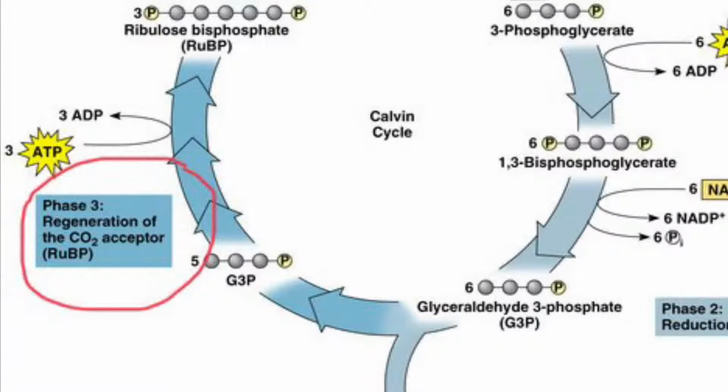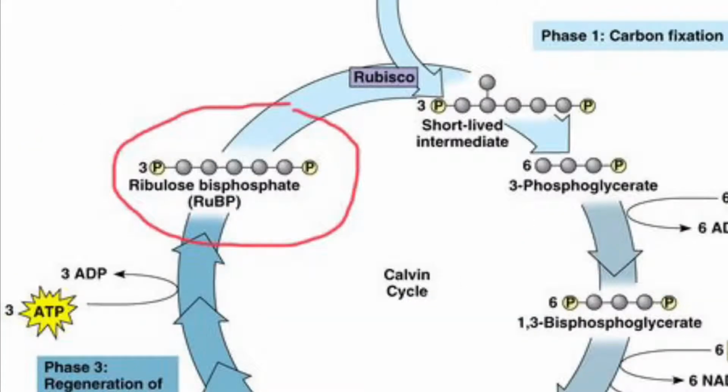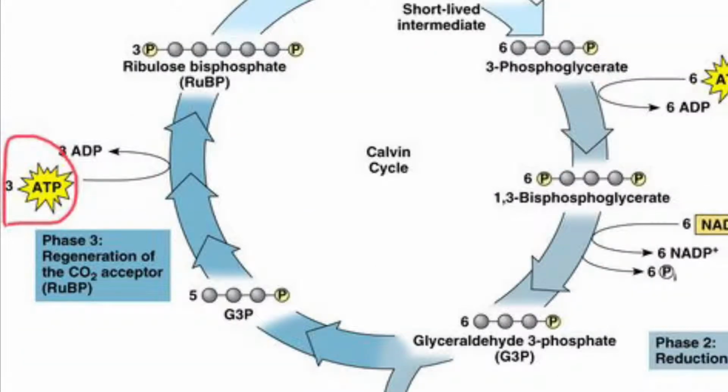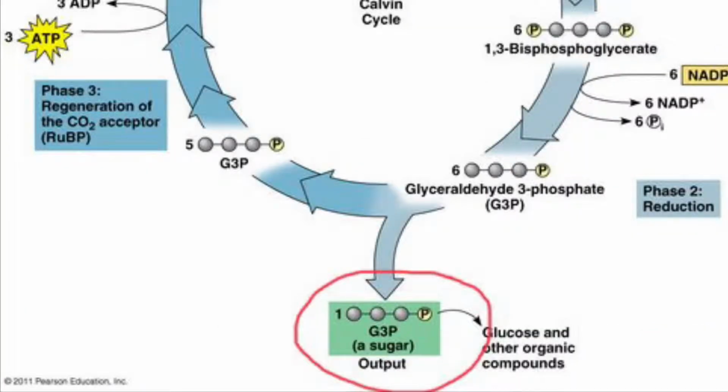The third and last phase is the regeneration of the CO2 acceptor. The carbon skeletons of 5 molecules of G3P are rearranged into 3 molecules of RuBP. The cycle spends 3 more molecules of ATP, and the reaction regenerates ADP, and RuBP is reused for carbon fixation. The products of the Calvin cycle are glucose,